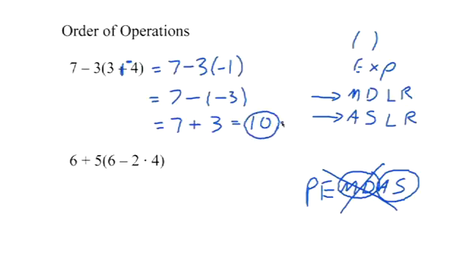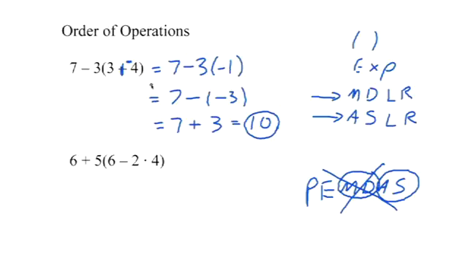Yes, and we do know, Bill and I have both seen the most common mistake in this problem is students that see that 7 minus 3 right in the beginning and they subtract it because it's outside the parentheses and they think, oh, it's okay if I do that. Please notice that right there, even though we don't write multiplication symbols, there's multiplication right in there, and you cannot do this before you do that. And you can't do that until you take care of this inside the parentheses. That's right. Remember, things next to each other in algebra always mean multiplication, even if you don't see a dot or some other multiplication sign there.